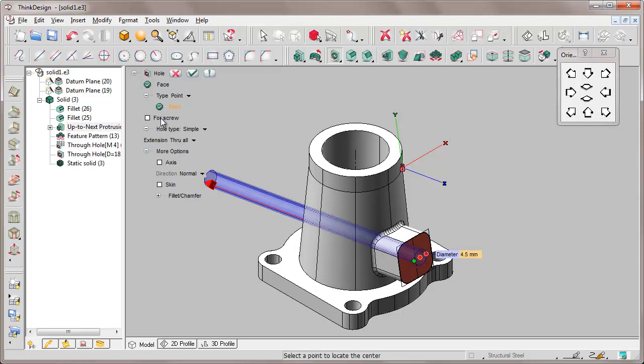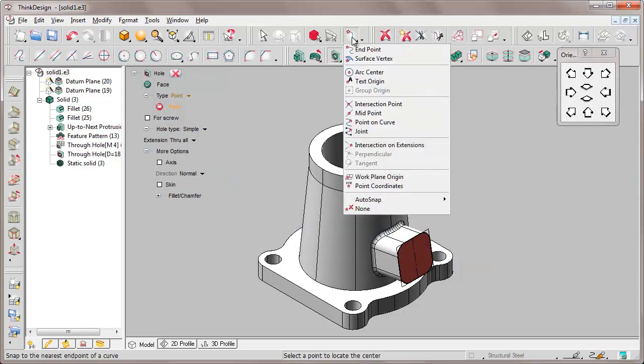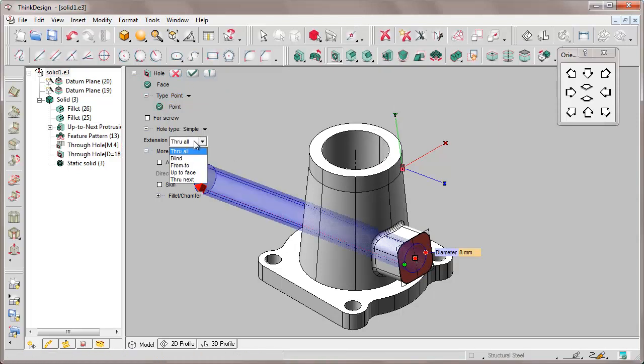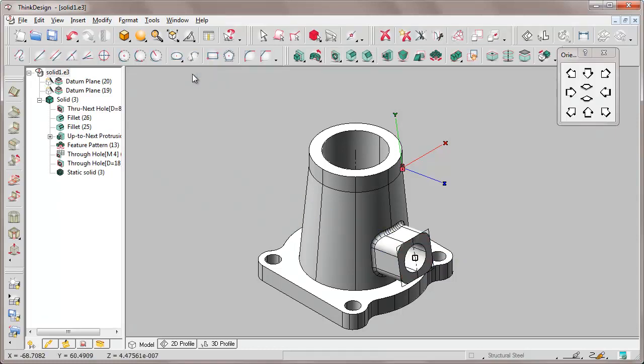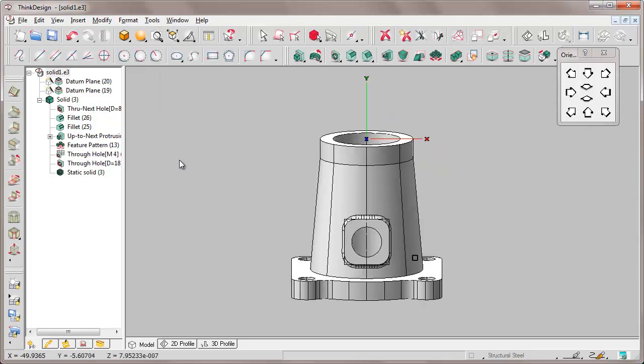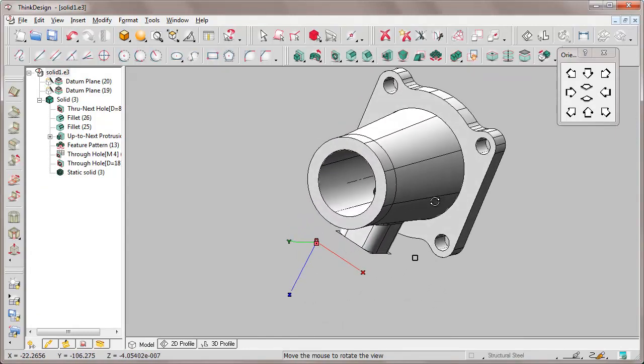tangency. Now we add a hole, not with values retrieved from the screw tables, but with the value of the diameter that we specify, 8, and the positioning point will have to be snapped to the midpoint of the reference line of our profile, not through all, but through next, because it doesn't need to cross the whole solid, but it stops at the internal face of the central hole. In fact, we see it doesn't cross the solid.